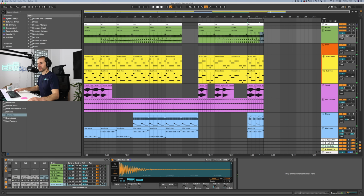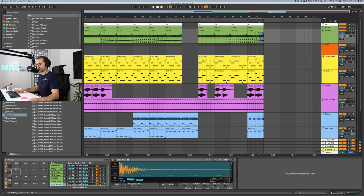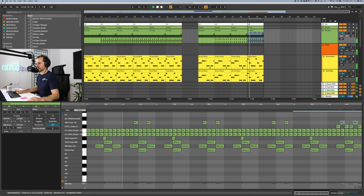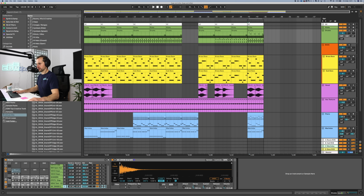Now let's add a little snare skip. I don't know if this is the right sound, but I'm going to make it work. So I'm going to make this short and sharp. So take off the release. It's kind of roughly hitting the frequencies I want, which is the most important thing. And then we're just working with the decay. So let's add some sparse snare skips. Quite quiet, just to add to the...